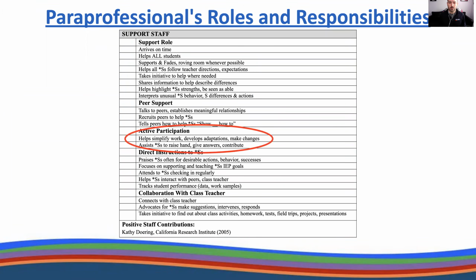So as a review, this will be talking about how to increase active participation for students with disabilities through developing adaptations or modifications. Those words are interchangeable. And how to provide direct instruction to students with disabilities with a focus on embedding their IEP goals into our modifications. So you have to know what the IEP goals are of the students you support in order to make